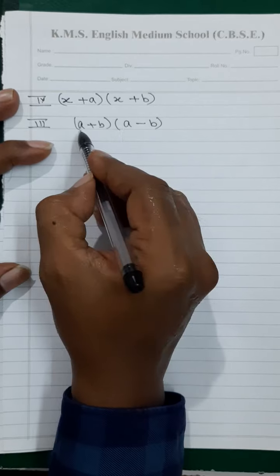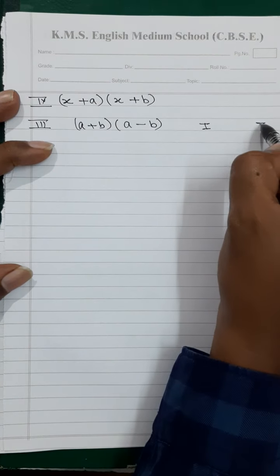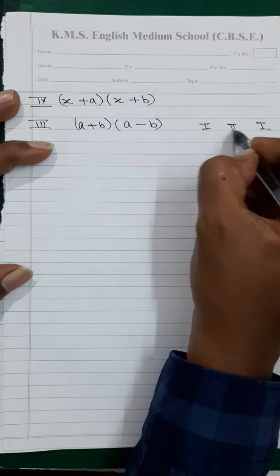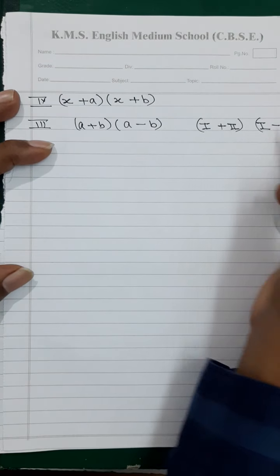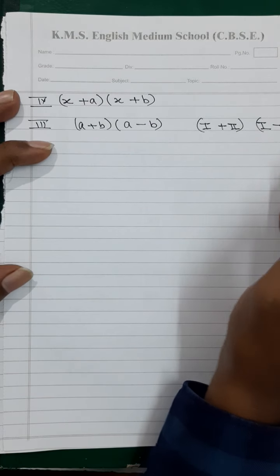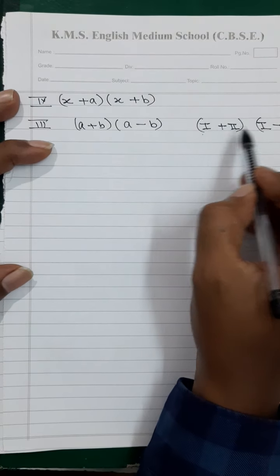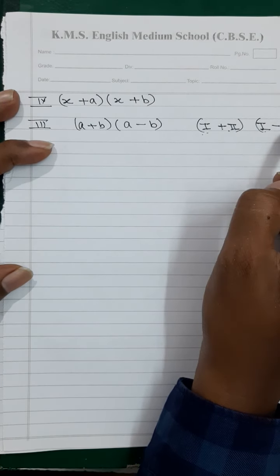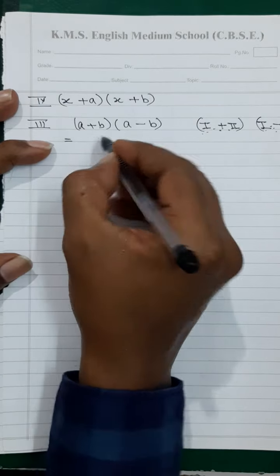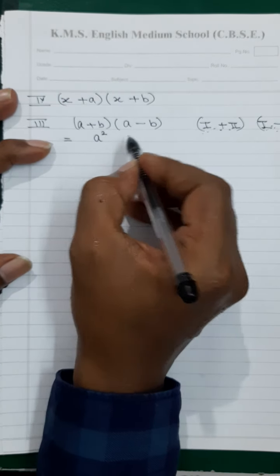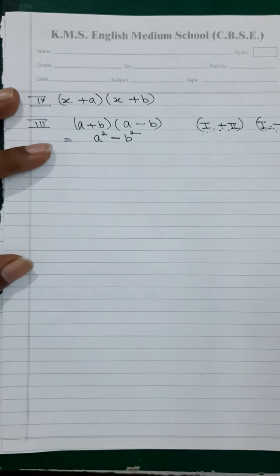What does this say? Two brackets are multiplying, both having binomials. First terms of both the brackets are same, and also the second terms of both the brackets are same. But the signs are opposite. If this is plus, this is minus. If this is minus, this will be plus. Are you getting? And these brackets are multiplying with each other. Are you getting, my dear students? Both the terms, first term is equal to first term, second term is equal to second term, and the signs in between them are opposite. They are not the same. Then it is always equal to square of first term minus, always minus, square of second term. This is the answer. Expansion done.